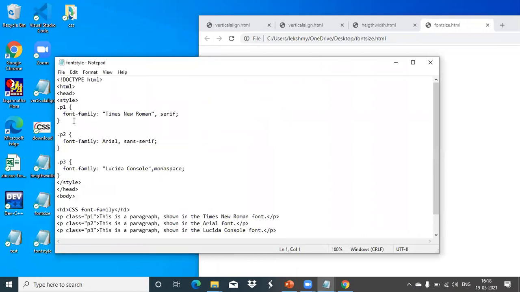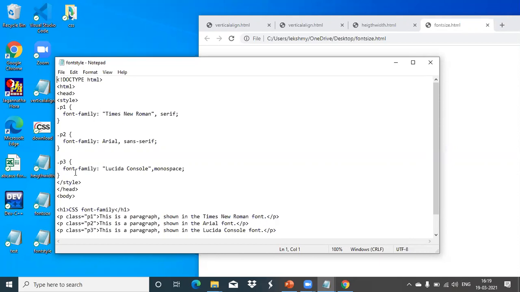So you can view here, we have font family. There we are specifying what styles you want. See, Times New Roman, Arial, Console, like that, different font family names are there. Which one you want, you can specify here. Then, after the comma, there are different types, serif, sans serif, like that. It tells how the text values should show. So that also you have to specify there, plus the font family name, that also we are giving.